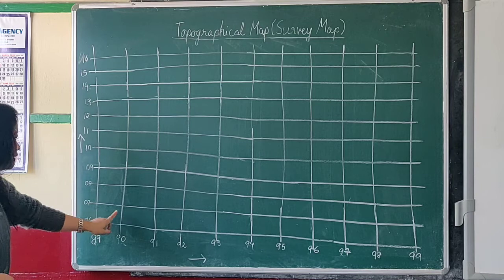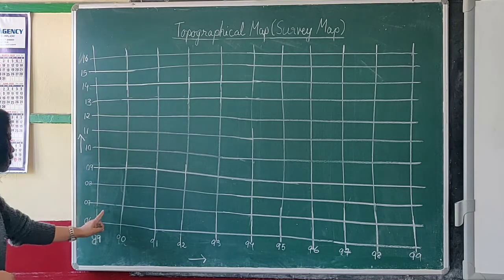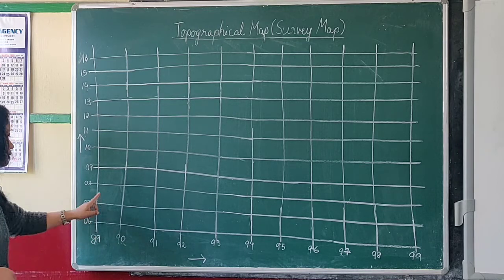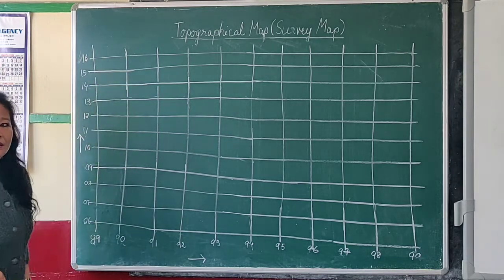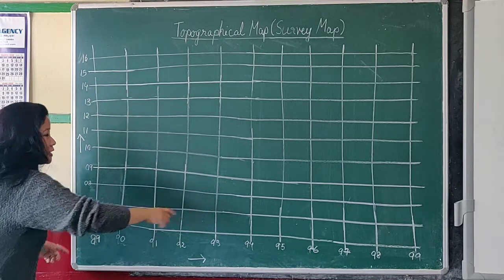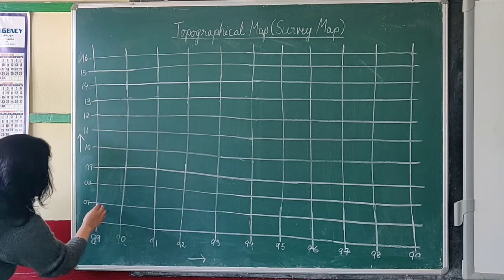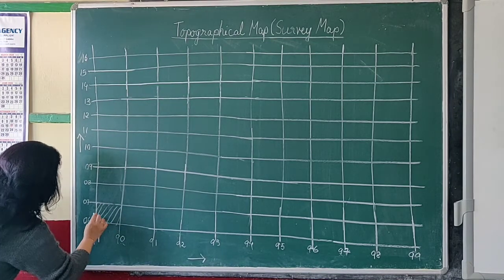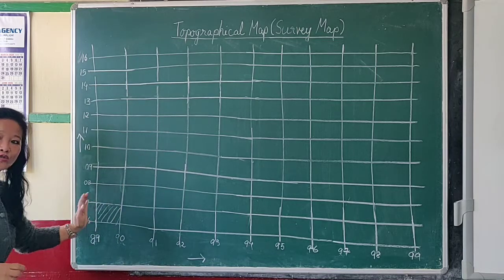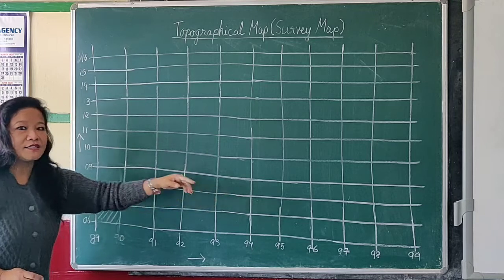Right? So 1, 2, 3, 4, till there we have 10, and again this will be counted once as 1. 1, 2, 3, 4, 5, 6, 7, 8, 9 and 10. So how many are there? 10 squares by 10 squares. Again I am repeating, the first square, the first on the left hand side, the way you start, this will be counted twice, both for eastings and